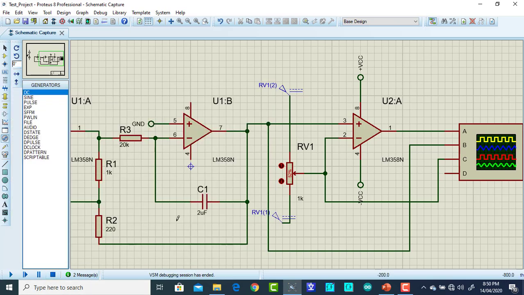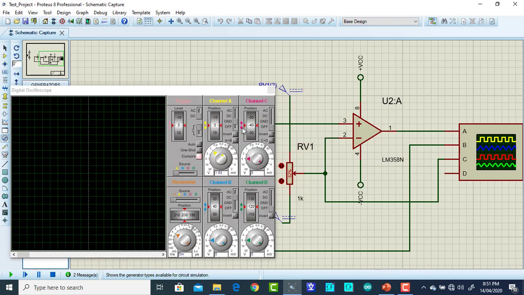So I have supplied 3 volts. With this 3 volts we are comparing the triangular wave, and the output of this is basically